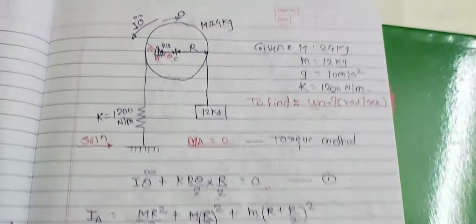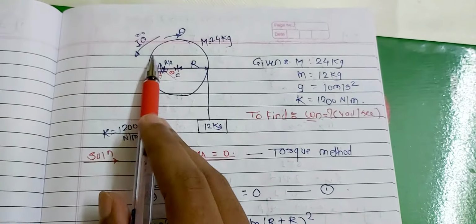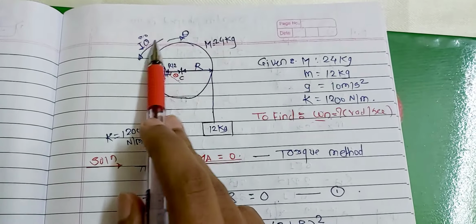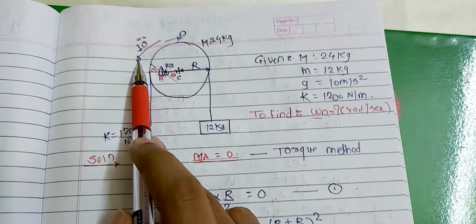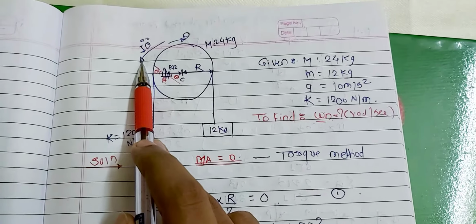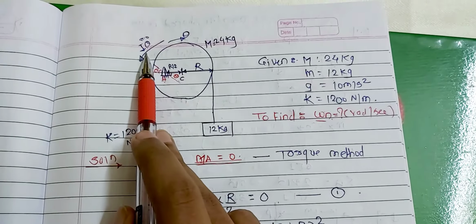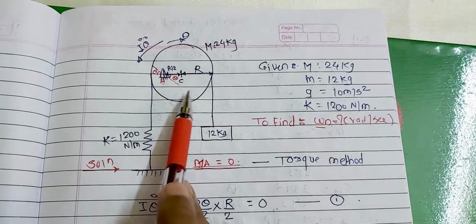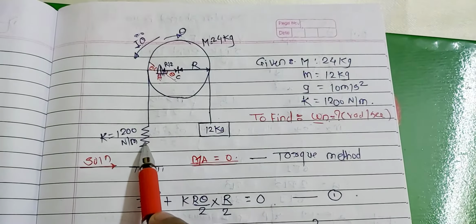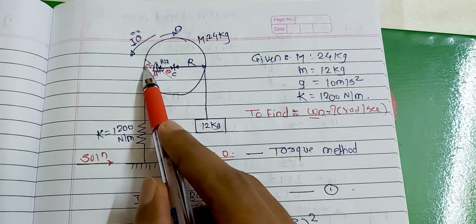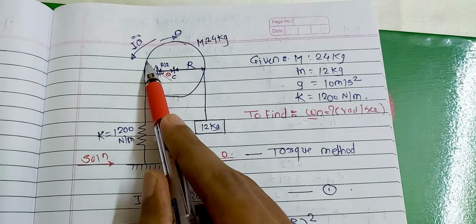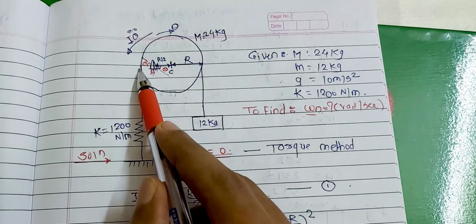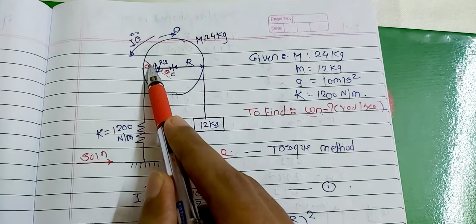Okay, so let's see. First, we have to find out how many forces are acting on the system due to this angular deflection. We have already found that the inertia torque is acting opposite to that of the deflection. So I theta double dot is one torque, or moment, we can say. Then the spring deflects this much amount, and this is the arc. For finding this arc, we have to take theta into this length. So this length is R by 2 into theta.